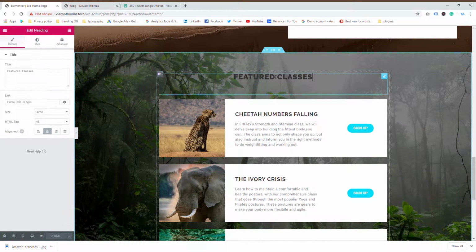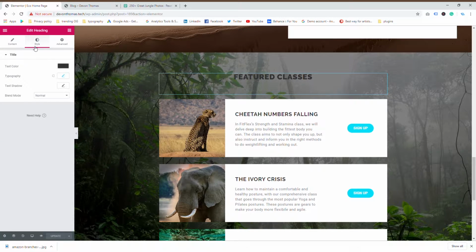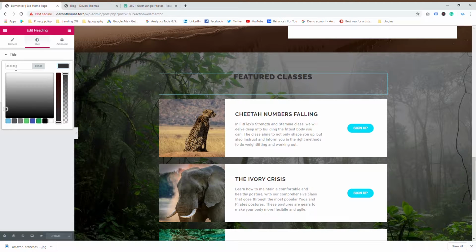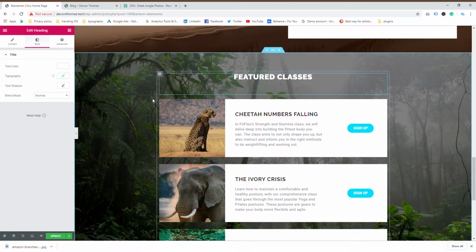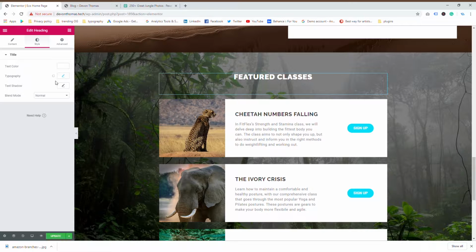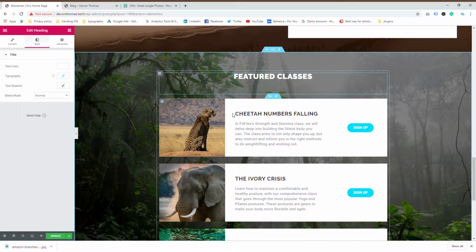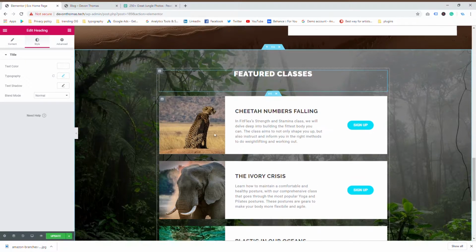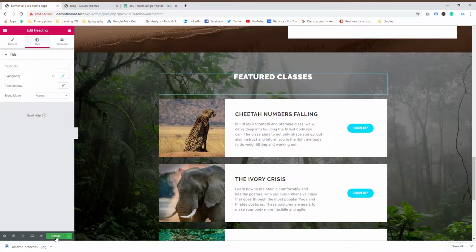So any of you wondering how to adjust fonts? Okay, this is where you type in your font. If you click on style, it'll take you to a place that says text color, typography, text shadow, and blend mode. If we wanted to change the color of the text, we just click on text color. You can see I can change it to green or black or whatever you want. I want white. When you go in typography, that lets you actually choose what different font you want, and it lets you choose the size, the weight, the letter spacing, the line height, all of those text features that you could expect to see. So I'm going to click on update,